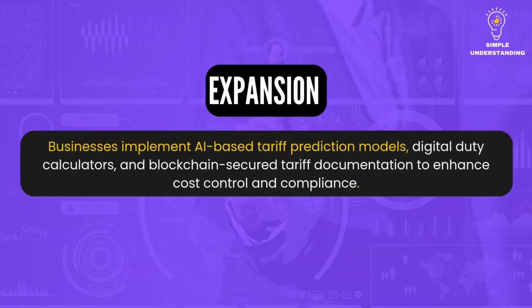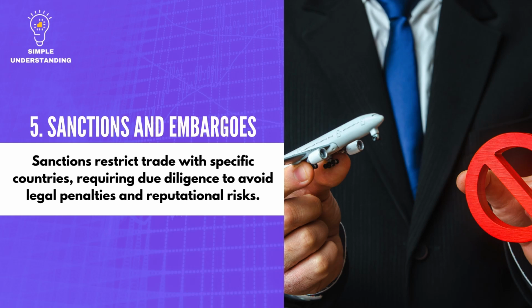Expansion: businesses implement AI-based tariff prediction models, digital duty calculators, and blockchain-secured tariff documentation to enhance cost control and compliance. 5. Sanctions and embargoes. Explanation: sanctions restrict trade with specific countries, requiring due diligence to avoid legal penalties and reputational